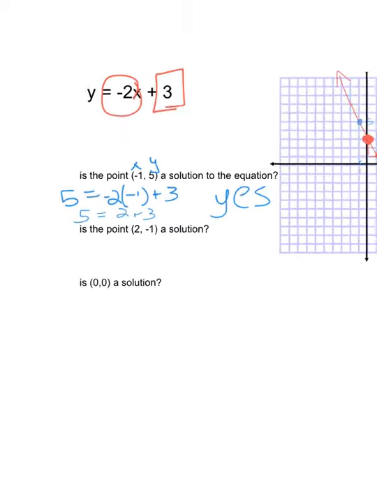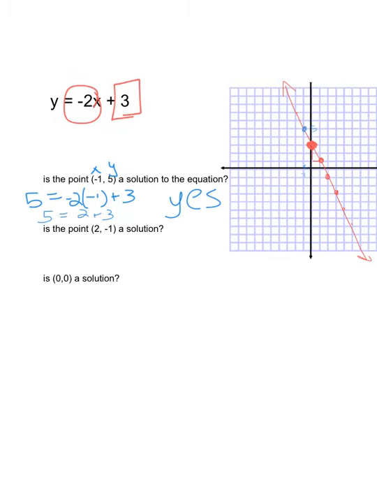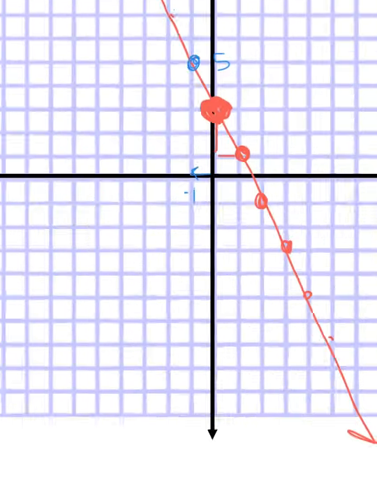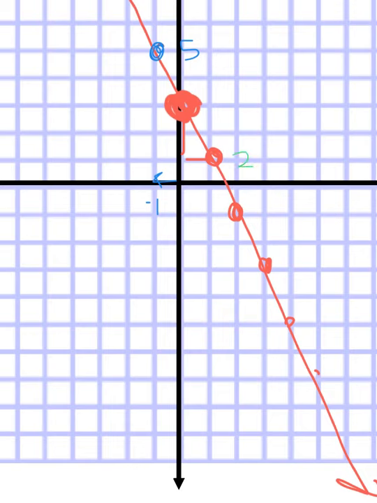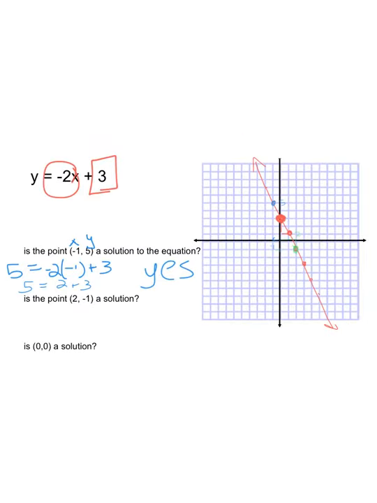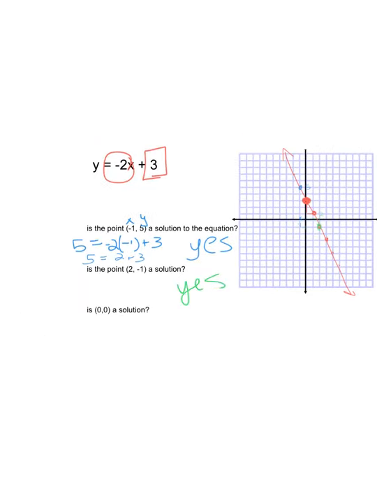so that's why this coordinate was a true solution. We can check the point 2 comma negative 1 by going over to 2 and down to negative 1, and yes, 2, negative 1 is also a coordinate on the graph, so we would say yes, it's a solution, and we could check it by plugging in the x and the y coordinate into the starting equation. So instead of y equals, negative 1 equals negative 2 times the x coordinate 2 plus 3. So if we multiply the negative 2 and 2, we'd get negative 4 plus 3, which is negative 1, so